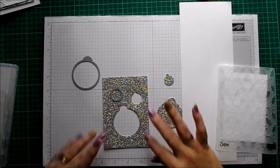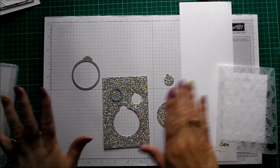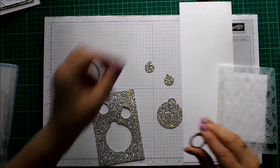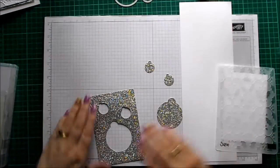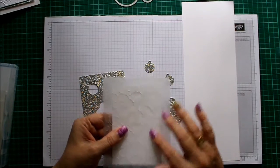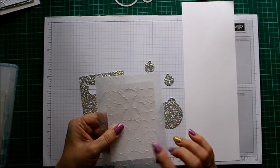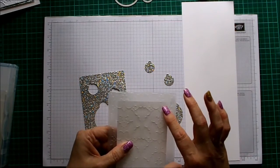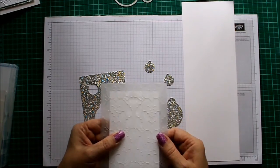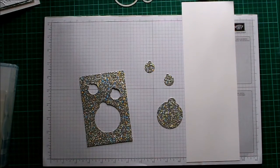All you'll see is a very thin line of the glimmer paper, and as you know, waste not, want not, you use. So we've just whipped that one through. So there's the extra bauble, so the dies can be put aside. Now all I have to do is run the top mat through the embossing folder. This is a gorgeous one with hollies, holly berries and holly leaves all over it with a few curlicues in it. So I will be back in a moment as soon as I've run this through the embossing folder, through